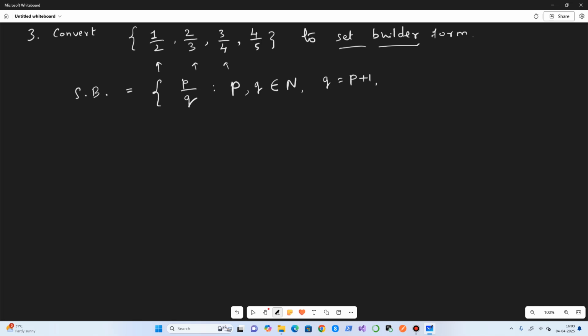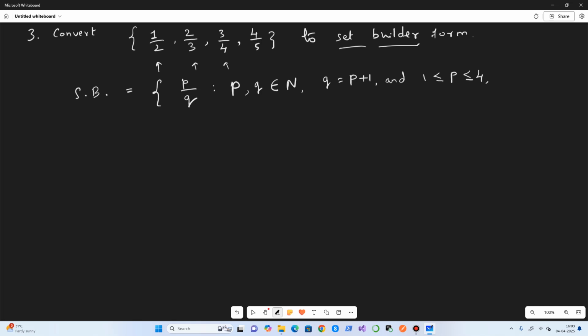And one more thing: here our elements are only 1, 2, 3, 4. The numerator starts at 1 and ends at 4. It means my p is basically 1 to 4, so 1 is less than or equal to p less than or equal to 4.